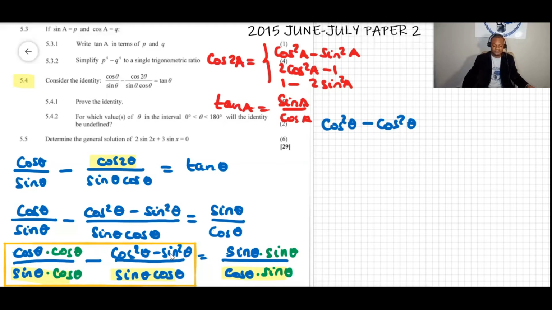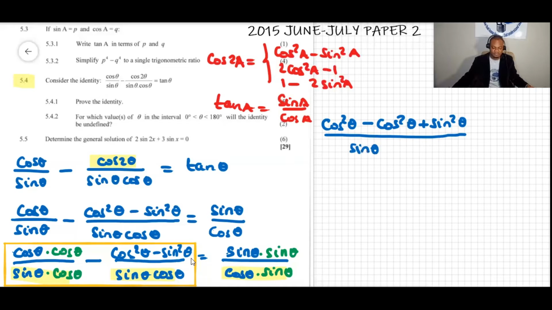Okay, I cannot write negative minus sine squared theta because there is a negative sign outside the fraction. So now this negative, okay, change the sign in the numerator here. The reason this becomes negative is that it was positive, then it becomes negative cos squared, and then this would make positive sine squared. So this will become a positive sine squared theta all over